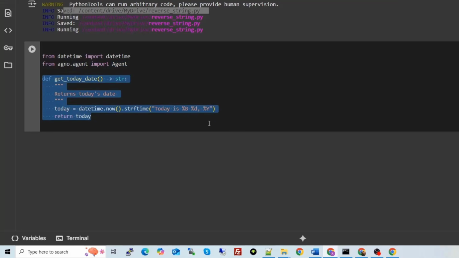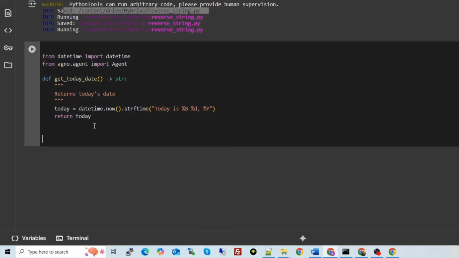So this is the custom tool. A custom tool simply means your Python function. And you can see the syntax. This is how we create functions in Python, right? The function name is this. I have a variable inside this function, and I'm just calling this module. Datetime.now will give you the current datetime. And this is just for formatting so that you can see the output in a better way. Return today, it will return today's date.